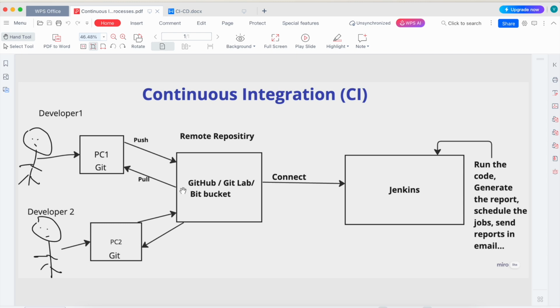And similarly, if somebody else has made changes and pushed the code to this repository, you can pull it and get those changes as well, right? And for these remote repositories, there are various options available such as GitHub, GitLab or Bitbucket, right? And then finally we will connect this remote repository to